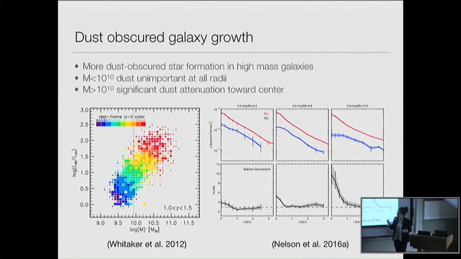The takeaway here is that in massive galaxies, we see a lot of dust-obscured star formation. If we look at the Balmer decrement, which is the observer's way of talking about where dust-obscured star formation is happening, we see that in the centers of massive galaxies there's significant dust-obscured star formation, suggesting that we may be missing bulge formation, which is happening through dust-obscured star formation. The key prediction of this is that this dust-obscured star formation should be absorbed and re-radiated in infrared wavelengths.